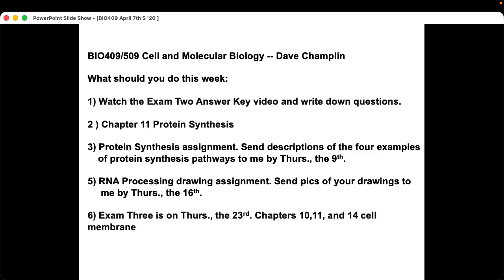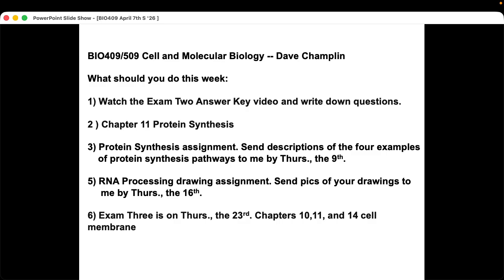And then we have this RNA processing assignment that's due a week from Thursday. That'll be our last homework assignment of the semester. And it is not something that we're covering in the book. So RNA processing was dealt with in the book in chapter 6, and you don't need to look at that at all. And so that stands alone, but it's also a bunch of good information to add to our work,